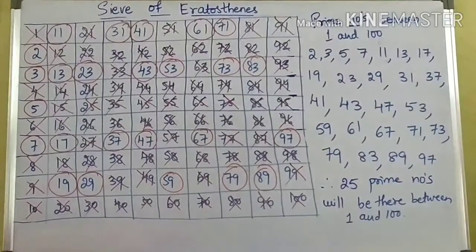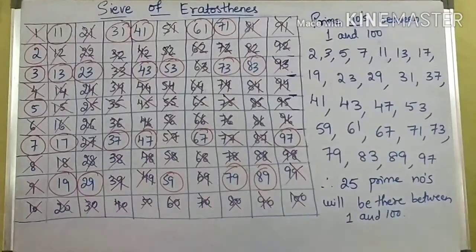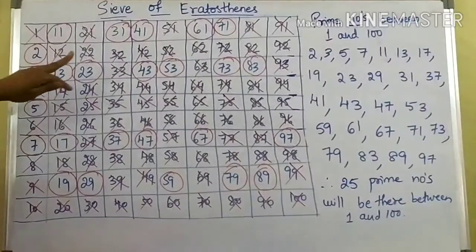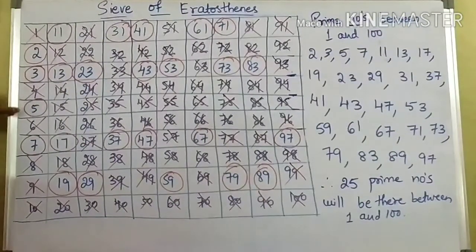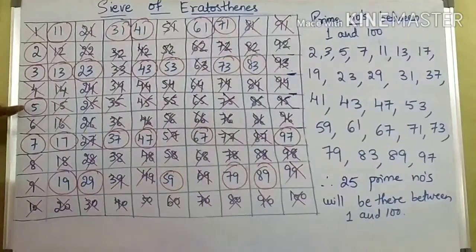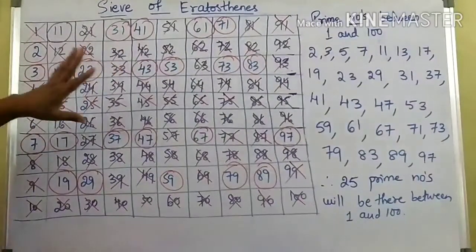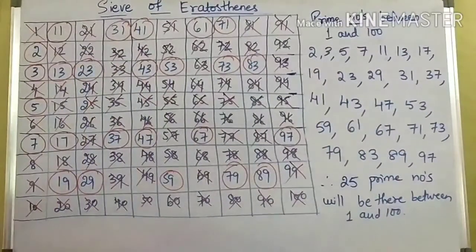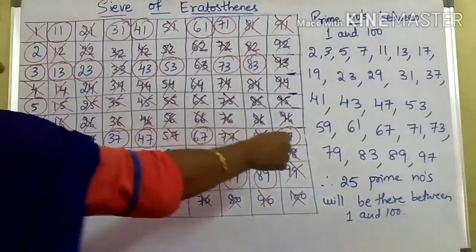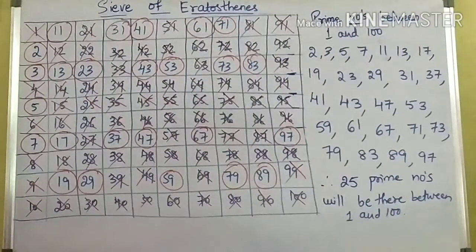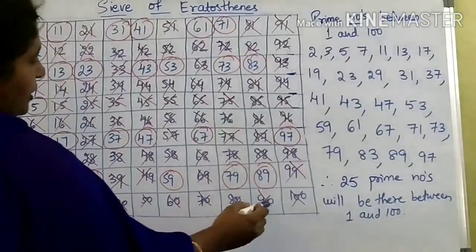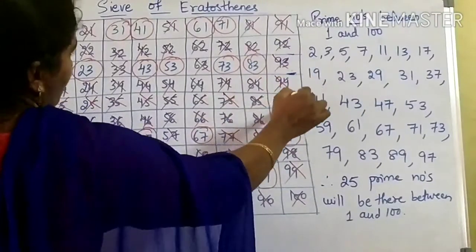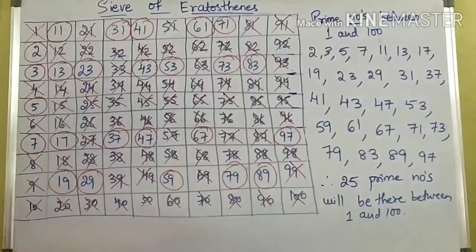Now consecutive numbers means, you know children, continuous numbers. If you observe in this table, between 3 and 5 there is only one composite number, and between 5 and 7 only 6. If you observe, from 90 to 96 we get the highest run of consecutive numbers, between 89 and 97. So if the question arises, what are the 7 consecutive composite numbers less than 100, you can write 90, 91, 92, 93, 94, 95, 96.